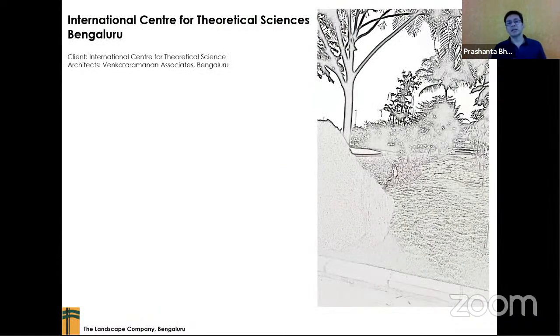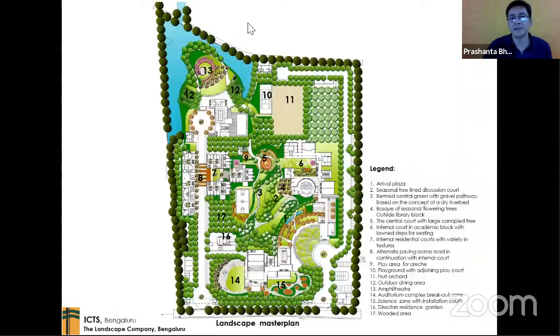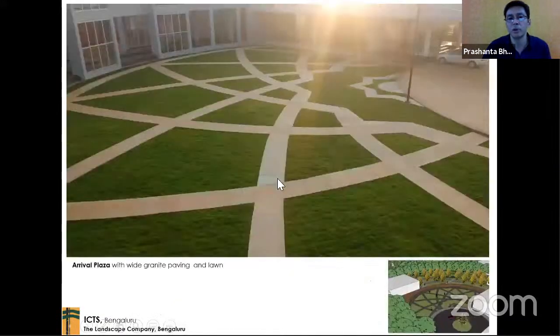We have done the International Center for Theoretical Sciences, which is part of the Indian Institute of Science. A lot of ex-Nobel laureates come here to teach. And so we had this entire campus that we did. There was the academic block and the residential block. This would be the amphitheater, the dining area, and of course, where the residential and the academic mix come together would be the Tree of Knowledge.